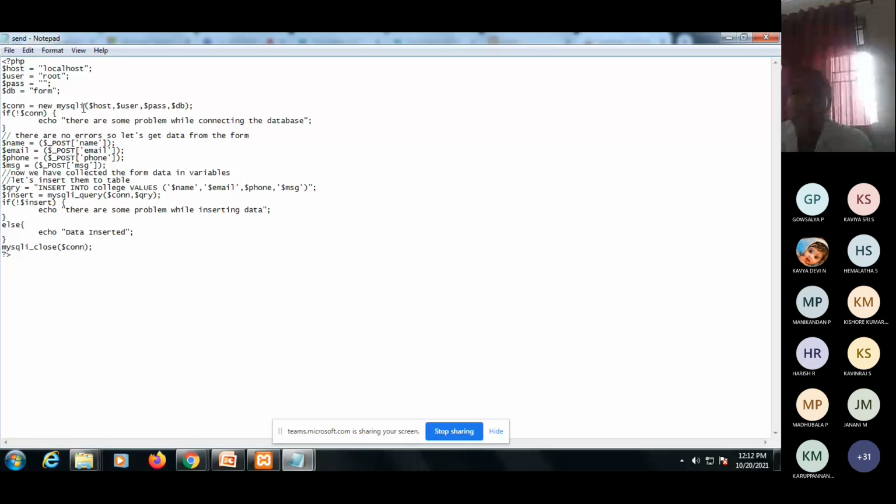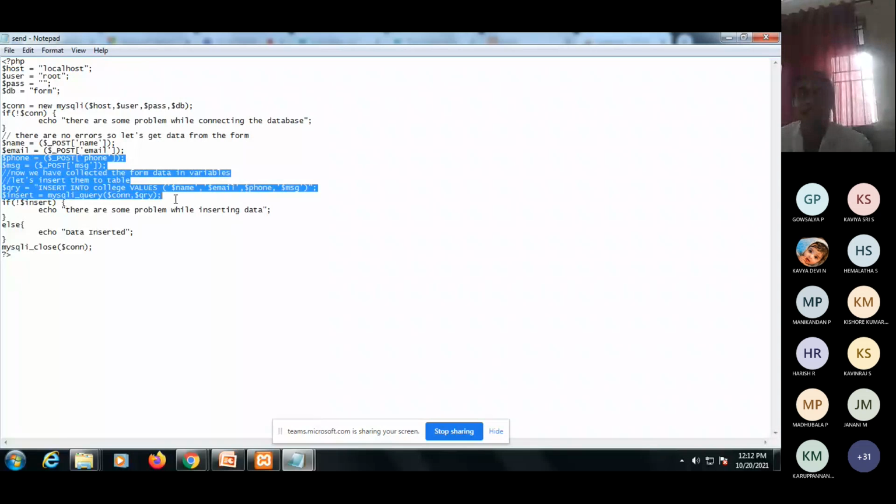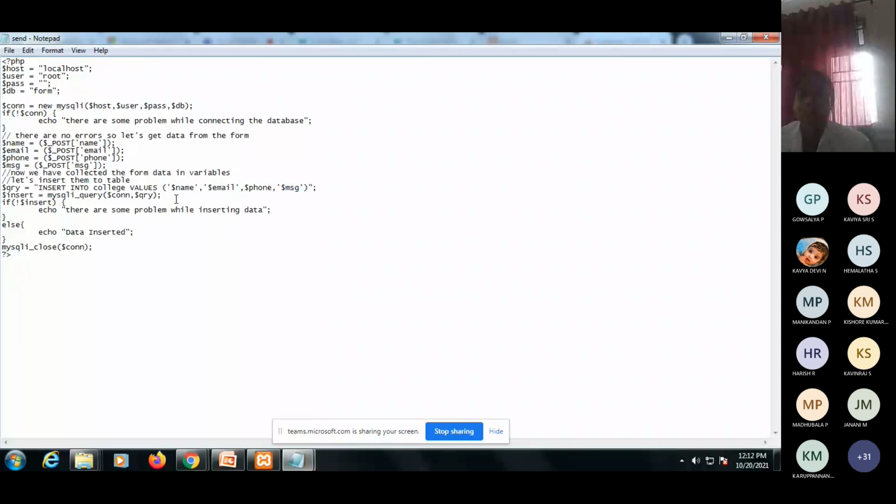Then if this insert succeeds, I check whether the data is inserted in your phpMyAdmin, and the message shows data is inserted. If there are problems and the data cannot be inserted in the corresponding table on your XAMPP server, it shows a text message: there are some problems while inserting data.